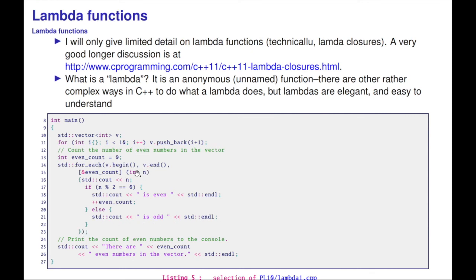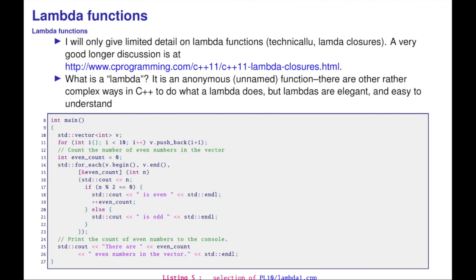So this has an argument. It also takes this function, which has a side effect by modifying this argument over here. And this way I can actually print a count of the even numbers. So I can iterate over the whole object over here, which is what the for each does. It goes from the beginning to the end. It applies this function to every argument, and essentially at the end I know exactly how many even numbers there are. So this is a pretty elegant piece of code to do that counting.